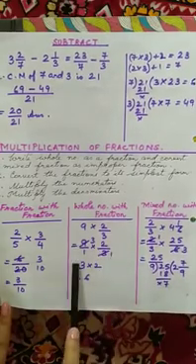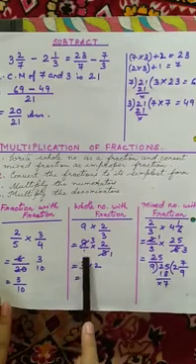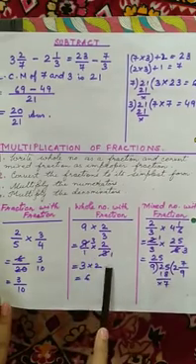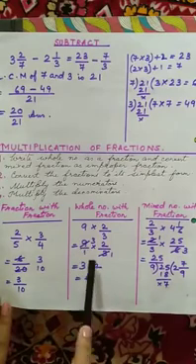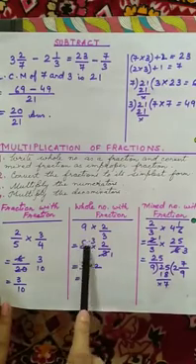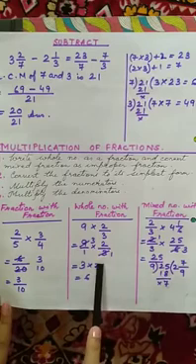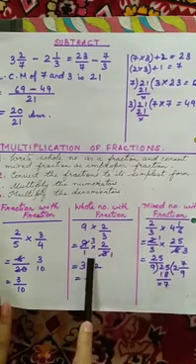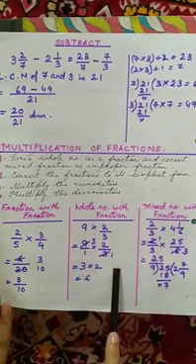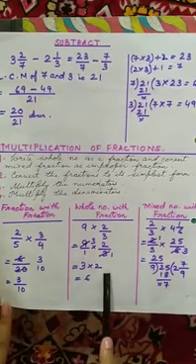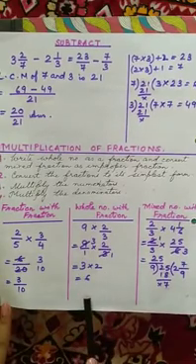Here we cannot cancel it straight by the same number. So we do it by cross multiplication. That is, we divide both by 3. 3 3s are 9, 3 1s are 3. So we have 3 into 2 in the numerator. Below we have 1 into 1, which is 1. So 3 2s are 6 is your answer.